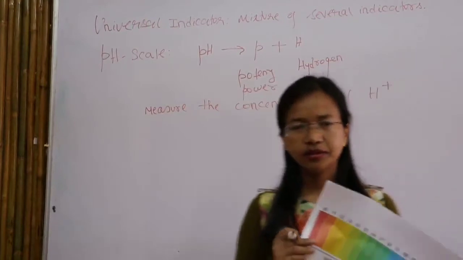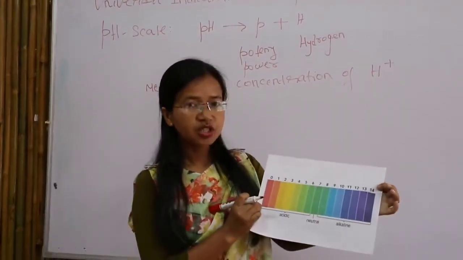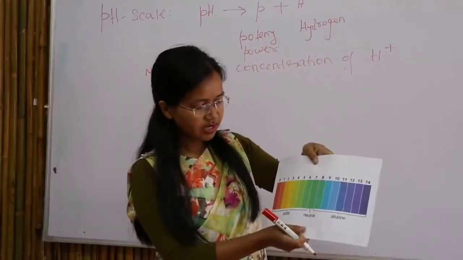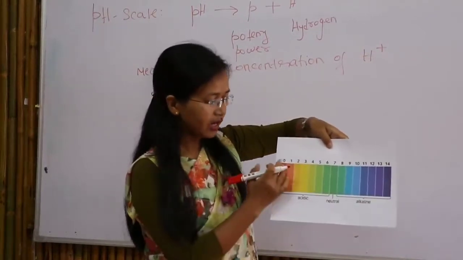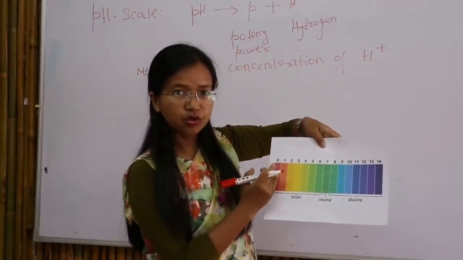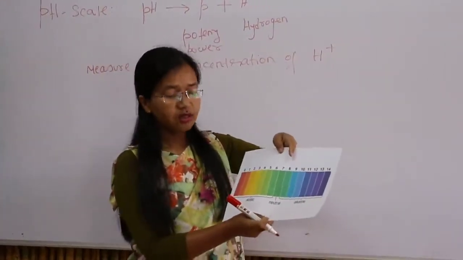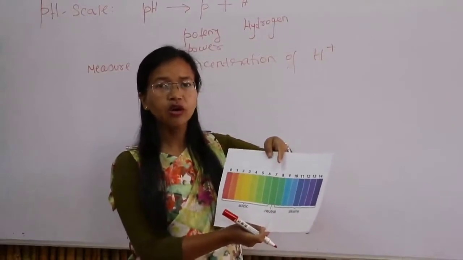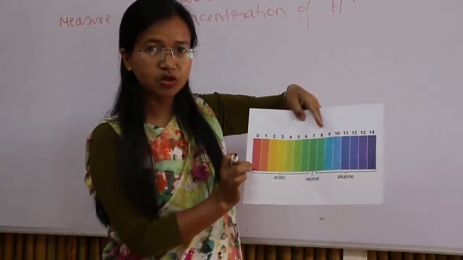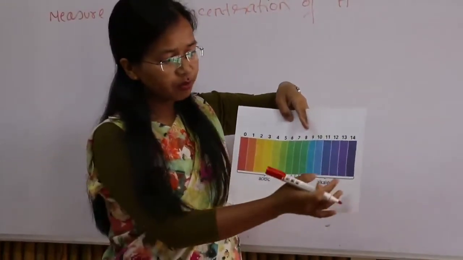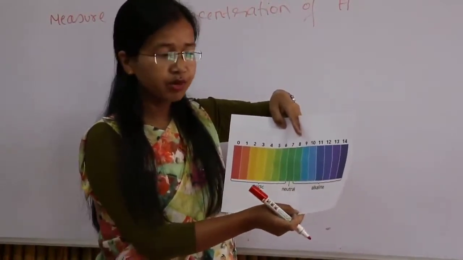here I have the pH scale. This is the structure of pH scale. In this pH scale, it has a reading from 0 to 14. Alright, it varies from 0 to 14, and this pH scale decides whether the solution is acidic or basic. If the pH has a value 0, it means the solution is very acidic. And if the pH has a value 14, it means that the solution is very basic, or we